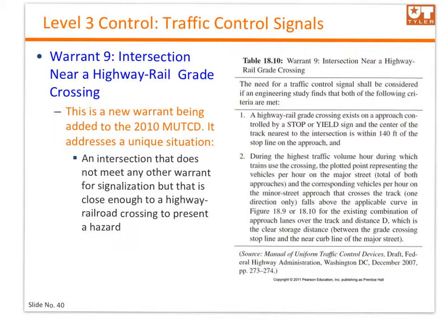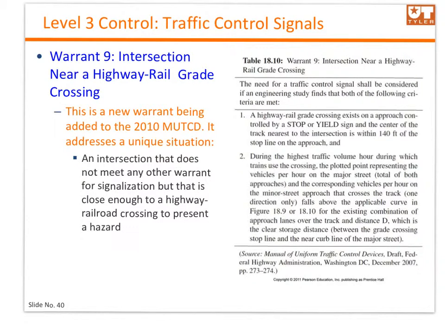sign, and the center of the track nearest to the intersection is within 140 feet of the stop line on the approach, and during the highest traffic volume hour during which trains use the crossing, the plotted point representing the vehicles per hour on the major street, which is the total of both approaches, and the corresponding vehicles per hour on